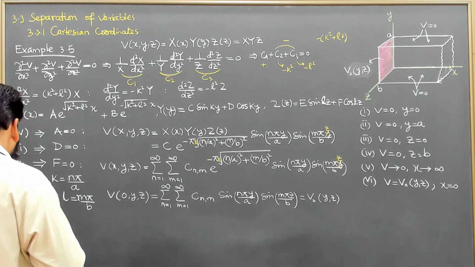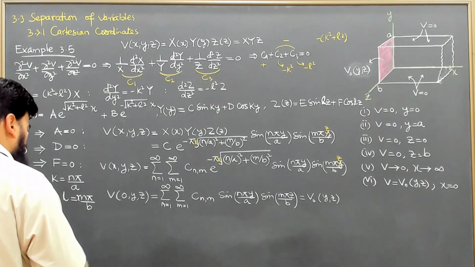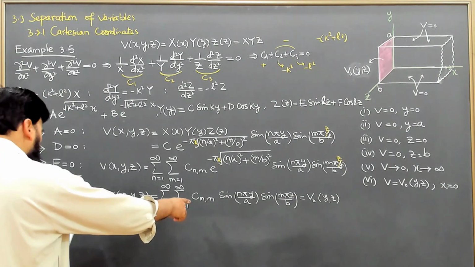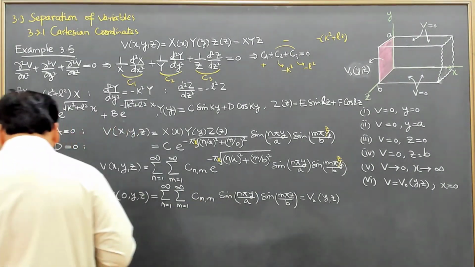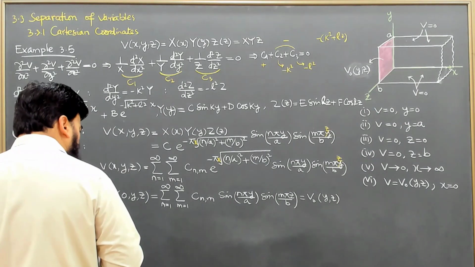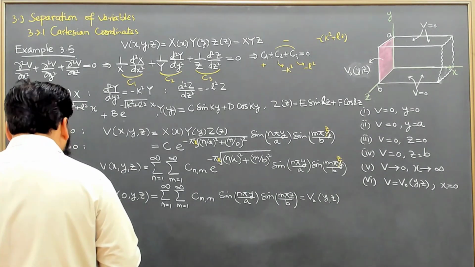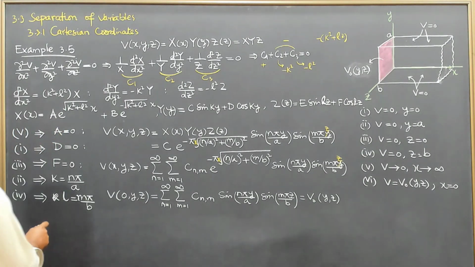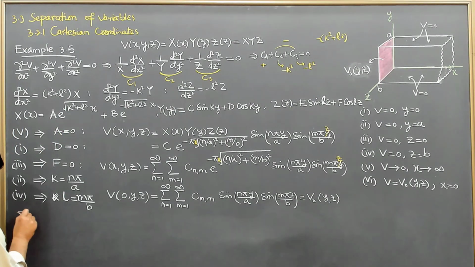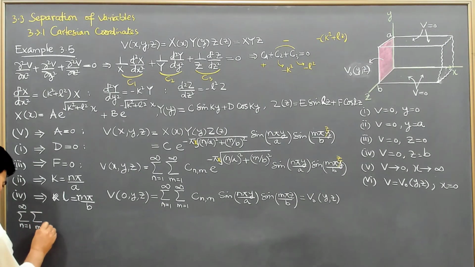So multiplying this equation on both sides with the same sine n pi y, but with a different n prime, I can write the summation on n and the summation on m